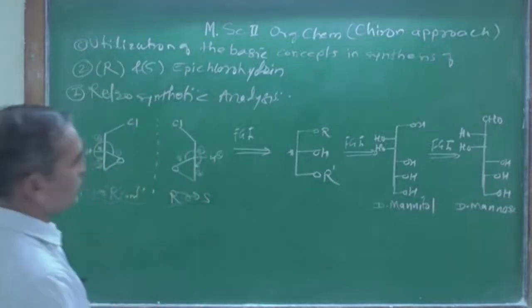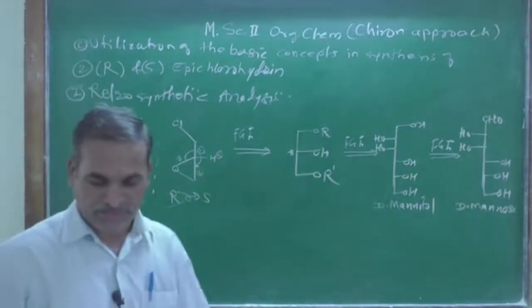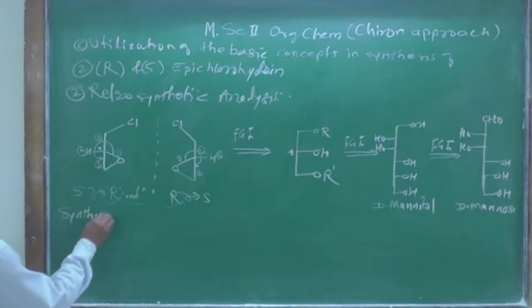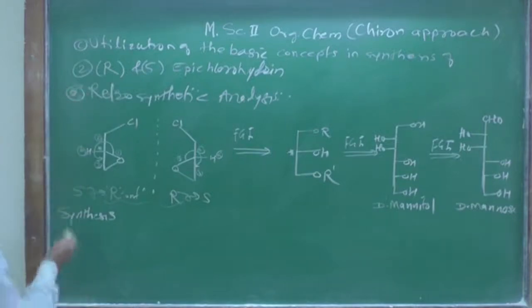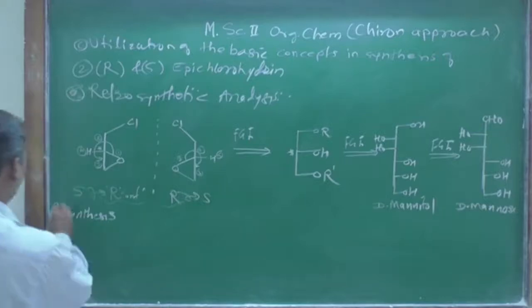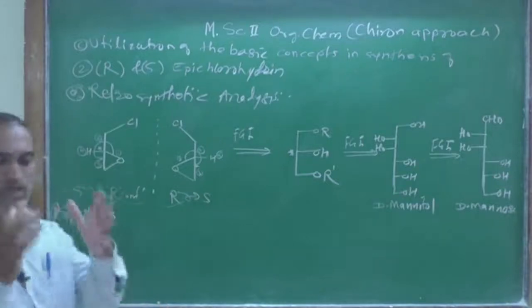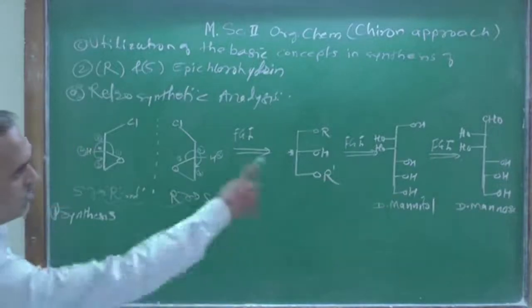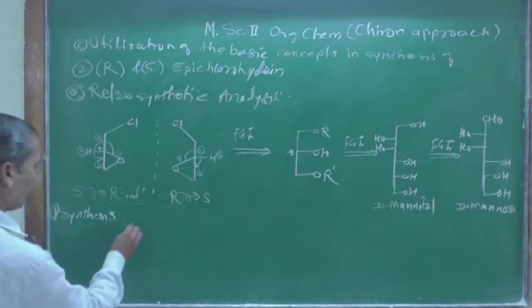Now here we are going to synthesize this type of compound. Let us begin the synthesis of this, right? Half the part is a retrosynthetic analysis, and here you can call it A, here you can call it B. This is the retrosynthetic analysis, and the other half is the synthesis, meaning the actual synthesis in the laboratory. How will you synthesize? The first one is the starting material, or the chiral precursor, D-mannose. What is that D-mannose?